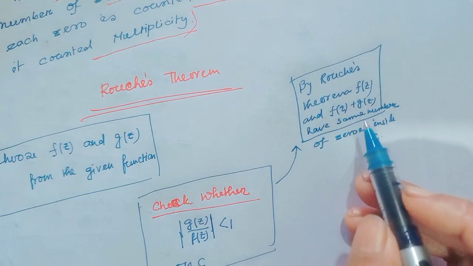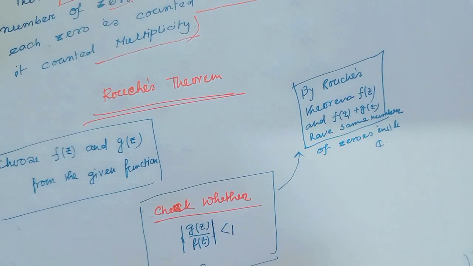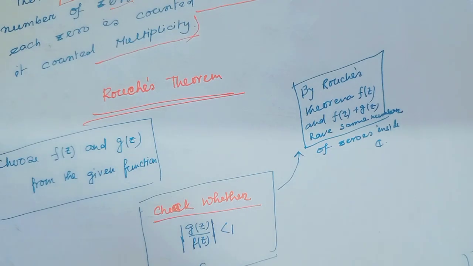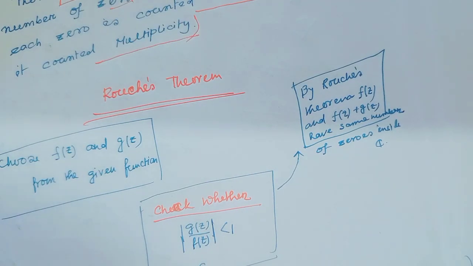Then by Rouche's theorem we can tell f(z) and f(z) plus g(z) have the same number of zeros inside the contour